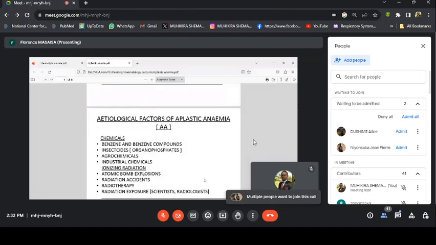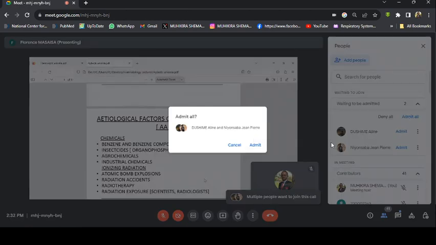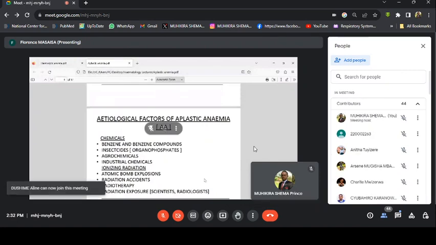Then chemical exposure to organophosphate insecticides, agrochemicals. So working in an agricultural area without proper handling of the products may expose you to aplastic anemia. Exposure to any